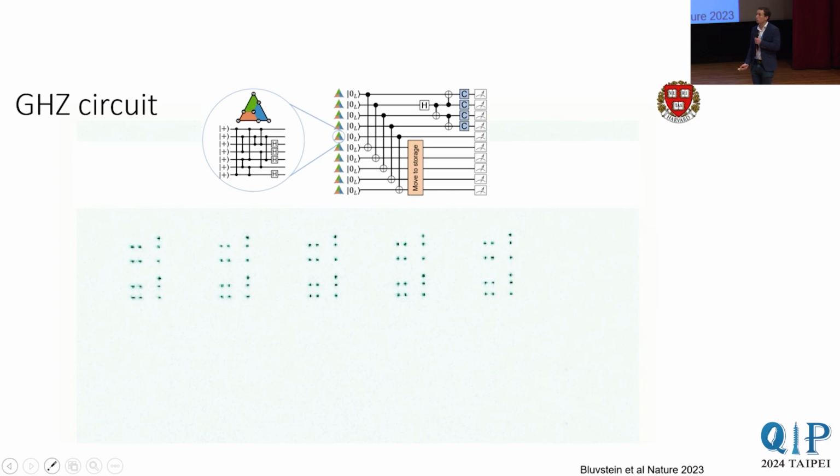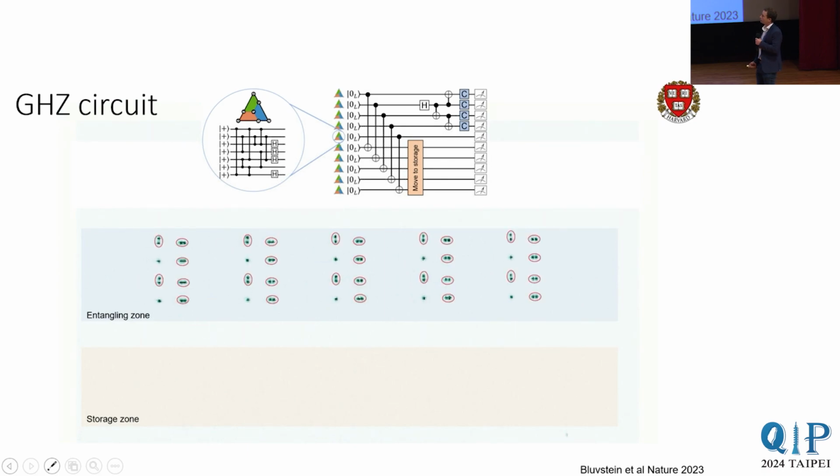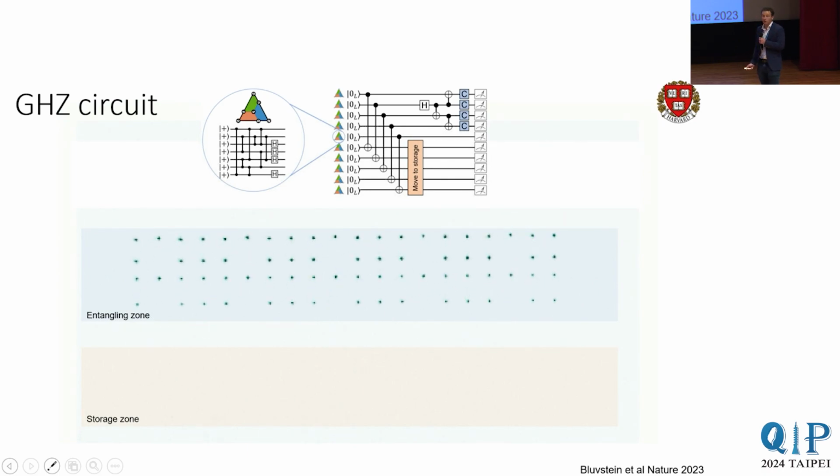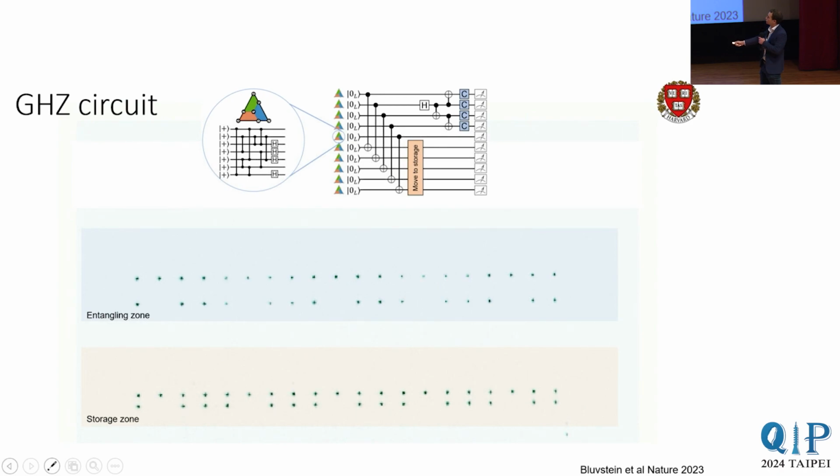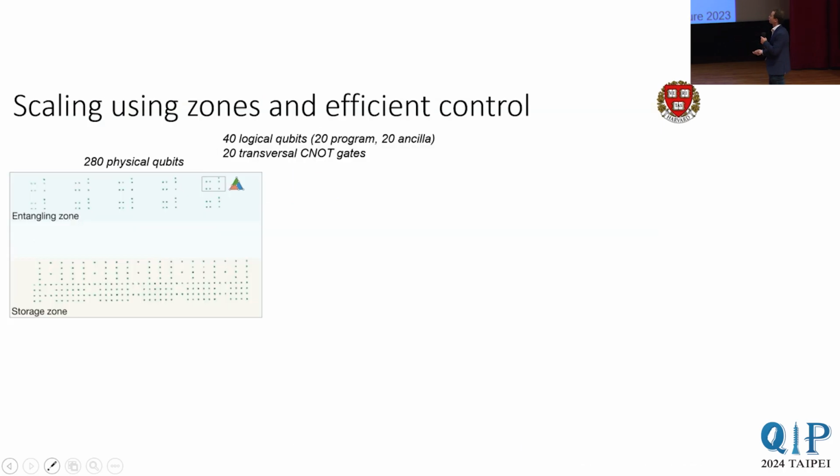And here's a movie of what this GHZ state circuit looks like. So we have 10 blocks of 7 qubits, and they make up these 10 distance 3 color codes. In the first 3 steps, 1, 2, 3, we do the encoding of the color codes. Then we pick up the top 5 color codes and use them as flags, doing a transversal C0 in parallel. We drop them off in the storage zone here, and then we pick up these 2 logical qubits and just slide them around the system and do these transversal C0s in order to program this GHZ state circuit. So here you can see we made a GHZ state, but we can do any Clifford circuit that we want in this way with these color codes.